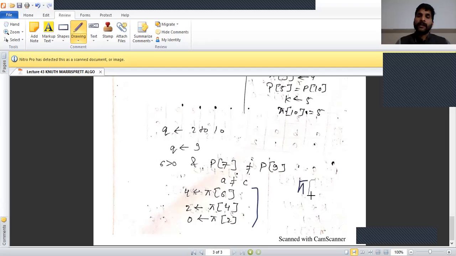First we calculated pi 8 prefix function equal to 6. Next, pi 6 prefix function 4, and pi 4 prefix function 2, and pi 2 no prefix function. So this is the total calculation of the prefix function using the Knuth-Morris-Pratt algorithm. Thank you.